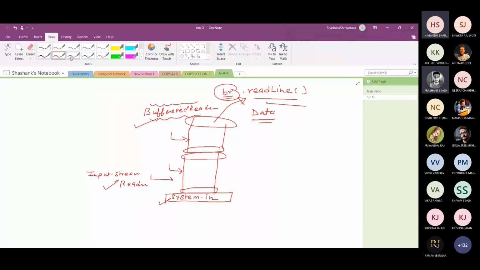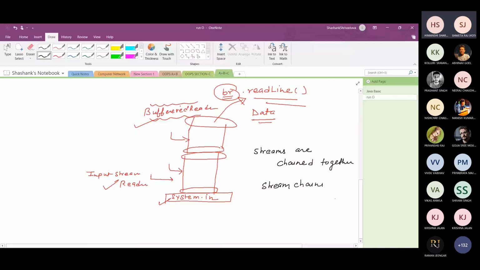And this process where multiple streams are chained together, many pipes are being connected together, is called stream chaining. One stream is connected with another stream.